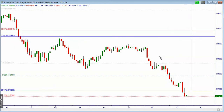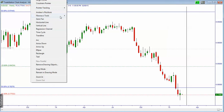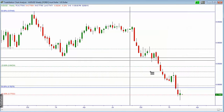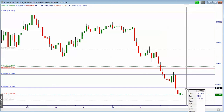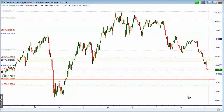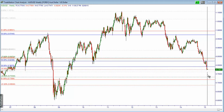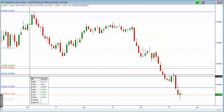Retrace potentially all the way halfway back, all the way here into the next extension long, and that's the very long term retrace we can see. So if price participates at this weekly level, if algorithms participate at this weekly area of support, there's a possibility to see this market into the 083.30